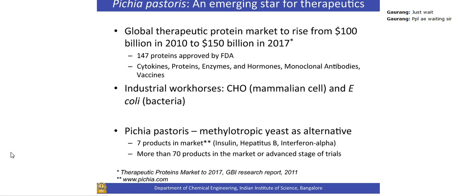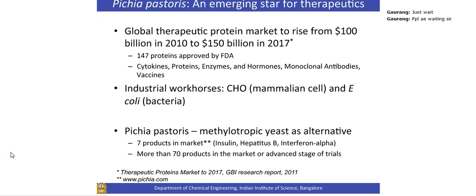Pikia is considered as an emerging star for making a host of therapeutics. Now, if you look at the global therapeutic protein market, it's currently at around $100 billion US, and it's expected to rise to about 150 by year 2070. There are various proteins which have been approved by FDA, and Bioprocesses is one of the organisms which is playing